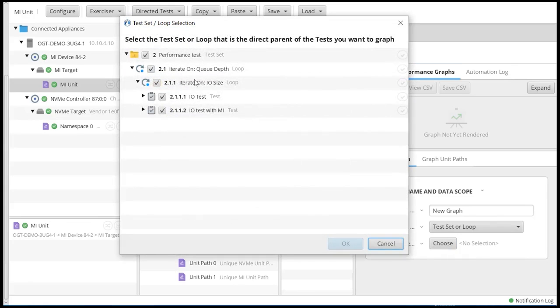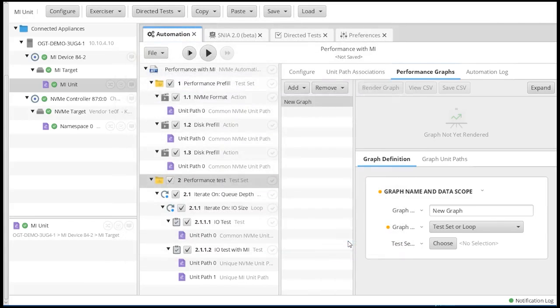You choose the bottom loop when you have multiple tests you want to run. If you're running a single test, you would just choose the test, but if you're running a group of tests, you'll choose the bottom loop. So we're going to choose that,